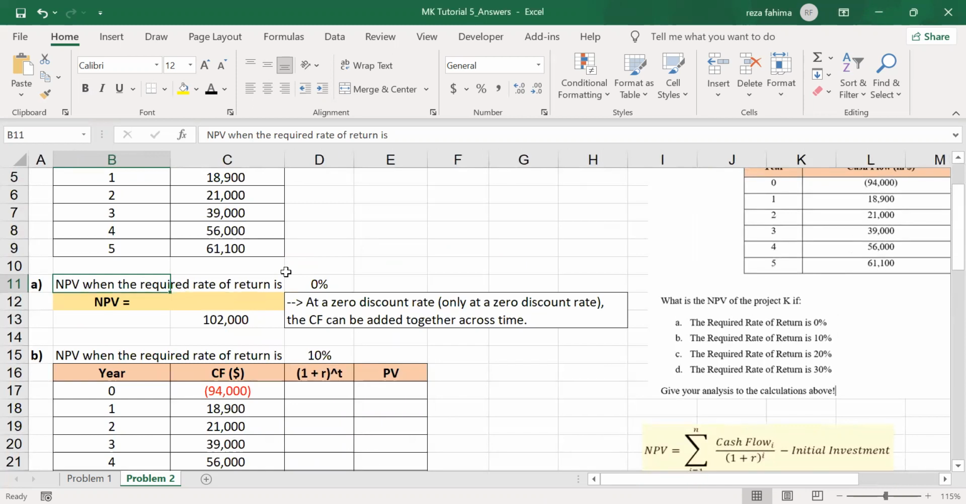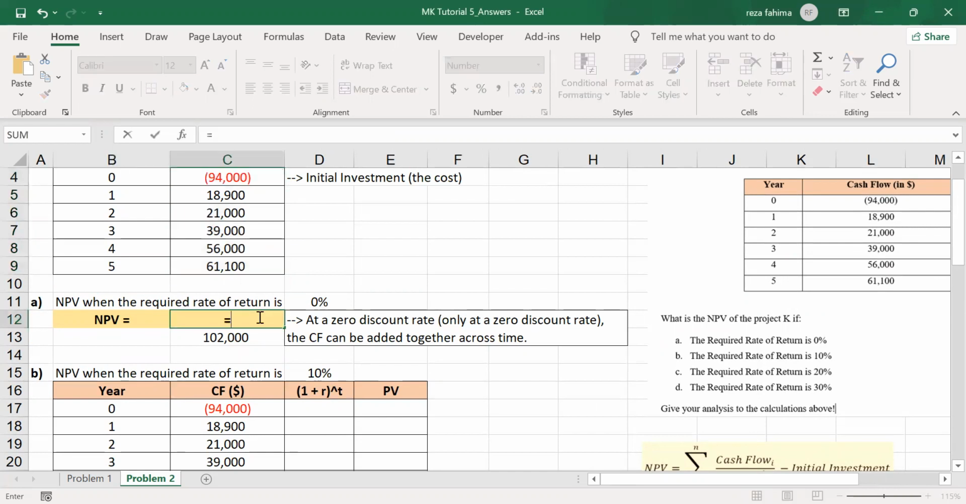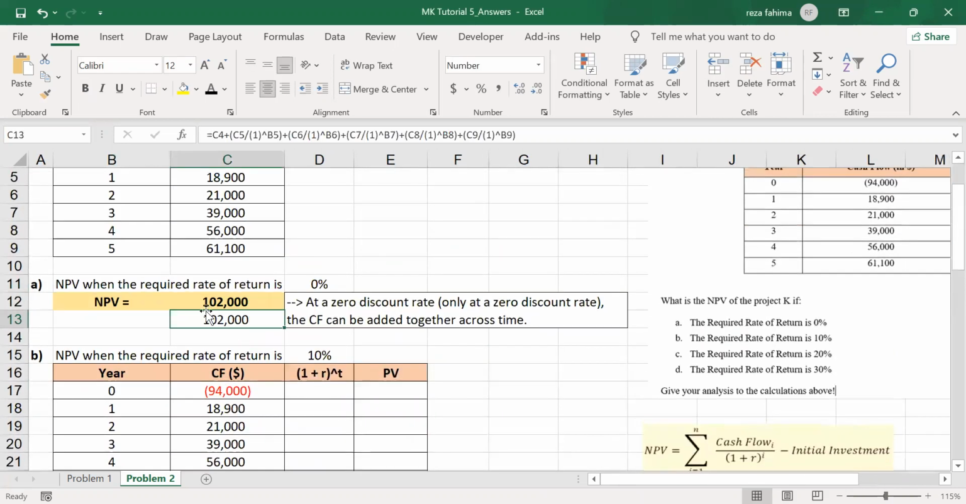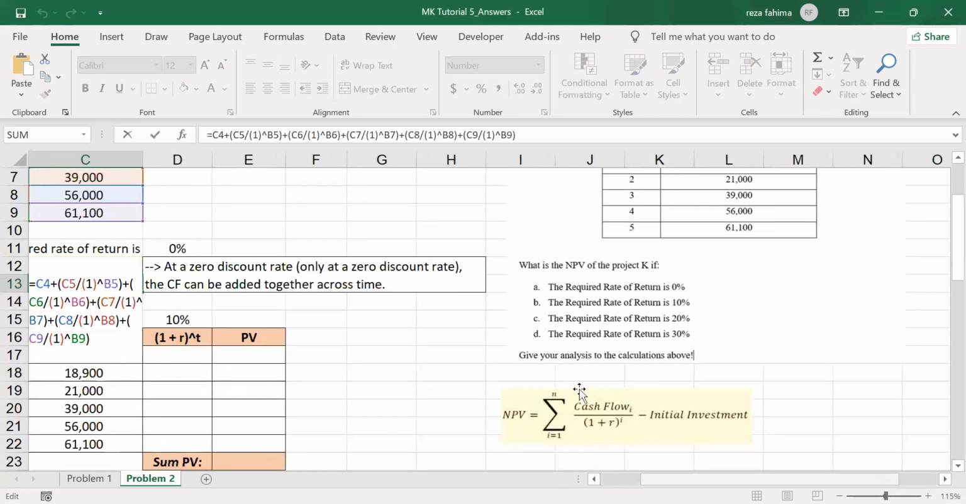Actually, you can use this formula as usual, but at a zero discount rate, and only at a zero discount rate, you can simply add up all of the cash flows from year 1 until year 5 and then subtract the initial investment, which is the cash flow from year 0. Okay, let's try that simple method. And you get the NPV of 102,000,